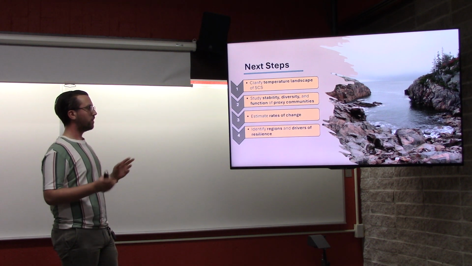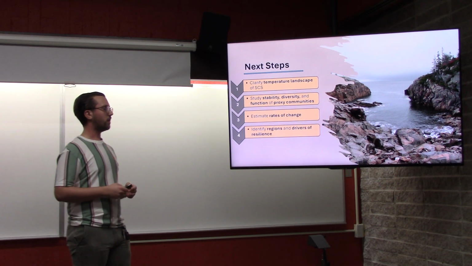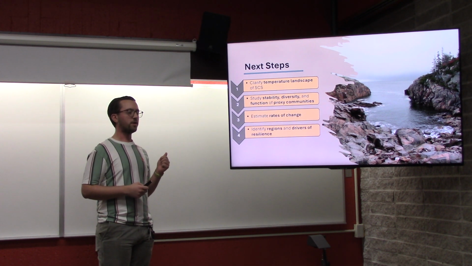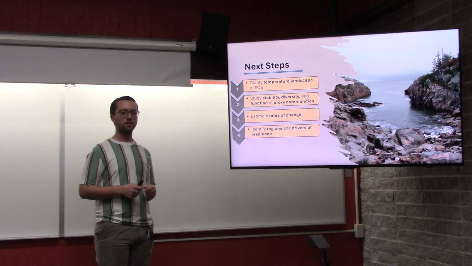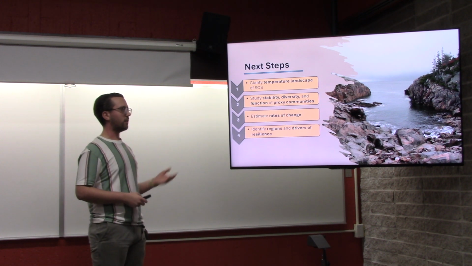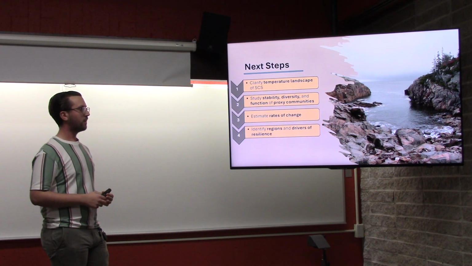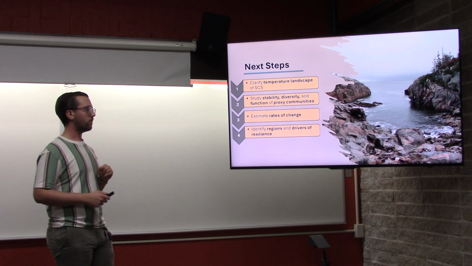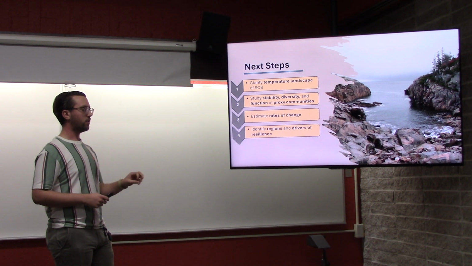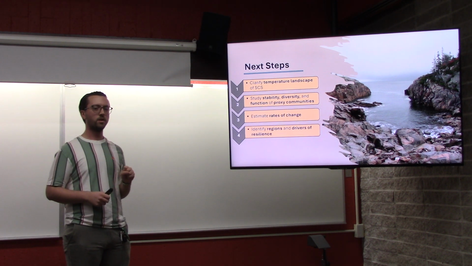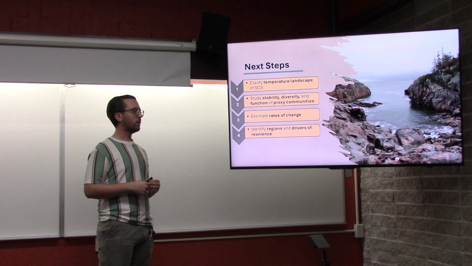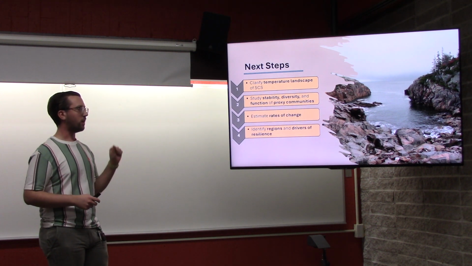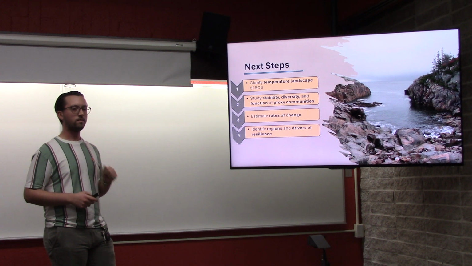Then with those new communities, I'd like to study their stability, diversity, and functional diversity over time. There's a package developed by somebody on my committee to study community dynamics using matrix algebra, and hopefully that'll help. With those different factors, I'd like to get rates of change in all those categories and find subregions within the Scotian shelf in Chapter 1 and subregions within the whole data set in Chapter 2 that demonstrate high resilience, that have low change in diversity and function.